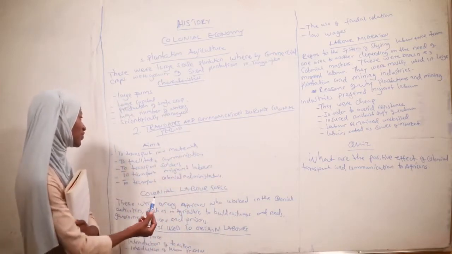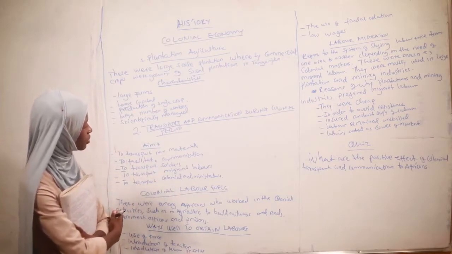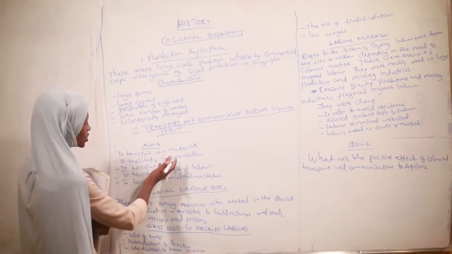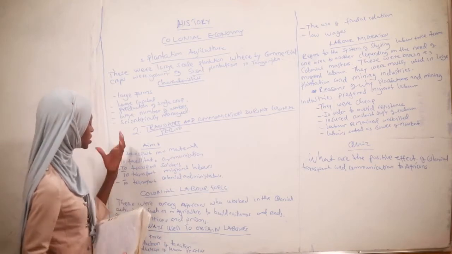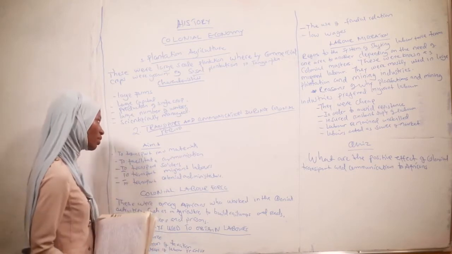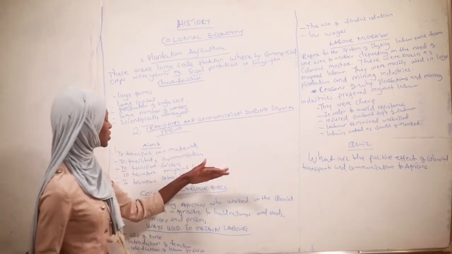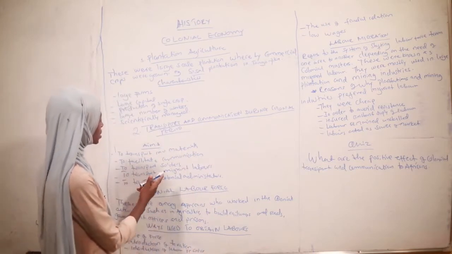The aims of introducing transport and communication during the colonial period. First is to transport raw materials. They produced the raw materials in the interior area. So in order to reach the coastal area, then to be shipped to Europe, they had to build